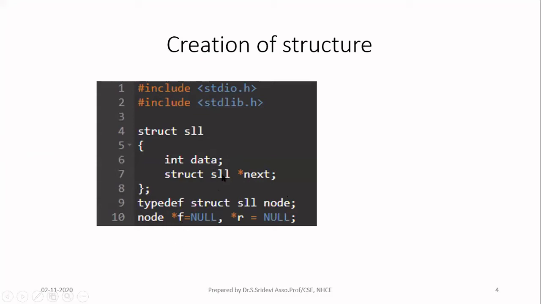And now you're going to create a linked list. The linked list is going to have two pointers now. In case of stack, we created one pointer called start top, but here you have to create two pointers. One is front and the other is rear. So you create two pointers, star F and star R, and make both the pointers null because initially your queue will be empty. So I'm writing node star F is equal to null, comma, star R is equal to null. So this is one change with respect to stack and queue. Here we need two pointers now.